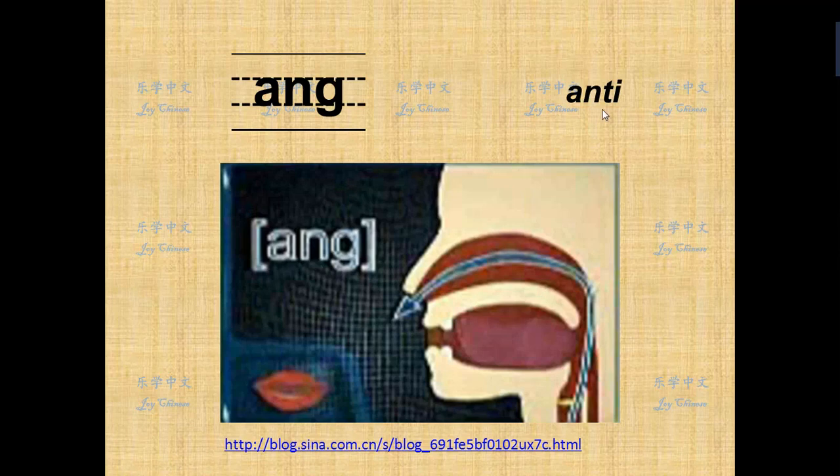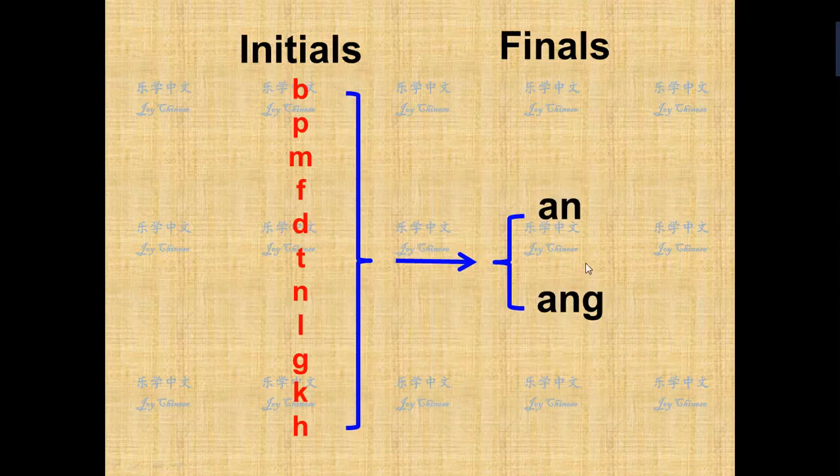The pronunciation is a little bit similar to "auntie", but you have stronger airflow through your nose. Say ang. These two finals, an and ang, can be combined with bo, po, mo, fo, de, te, ne, le,